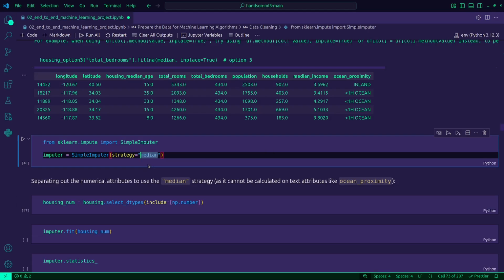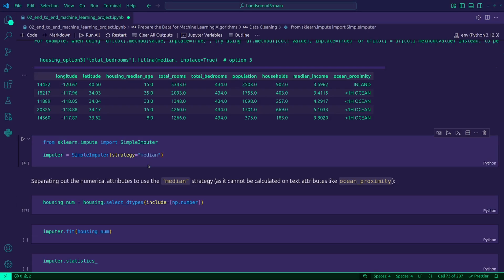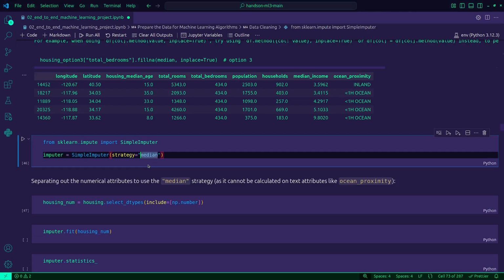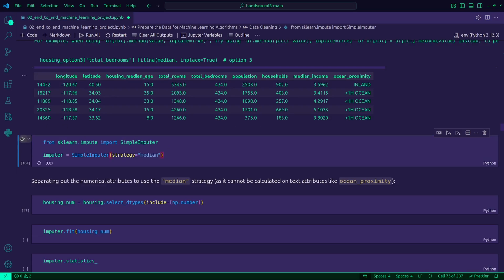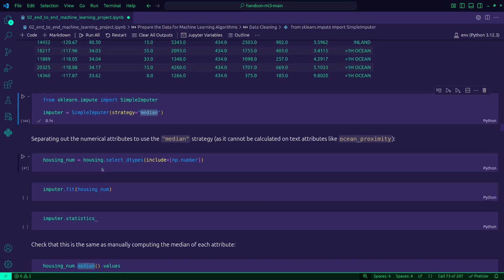And when we can use it and when we should use it is anytime our dataset contains none or missing values, and we plan to use scikit-learn models. There are a lot of machine learning algorithms that do not accept missing values, so we must impute them first.